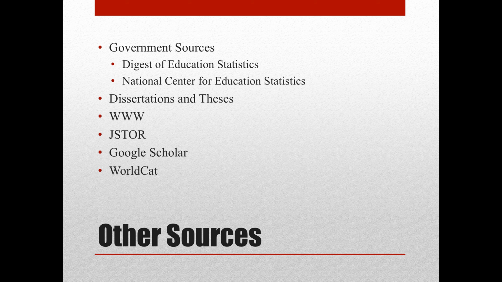Guys, the World Wide Web, you have no idea how lucky you are to be beginning research today with all the stuff out there at your fingertips. There's no more thumbing through index cards like I had to do. I did my first research in the early 2000s, and things have even changed over the last 12, 13 years. JSTOR is another, Google Scholar, WorldCat. Google those sometimes, and you'll see that those are pretty good sources for lit review.